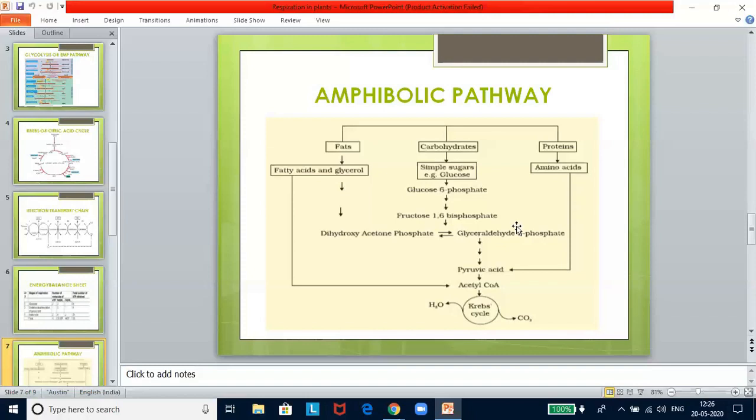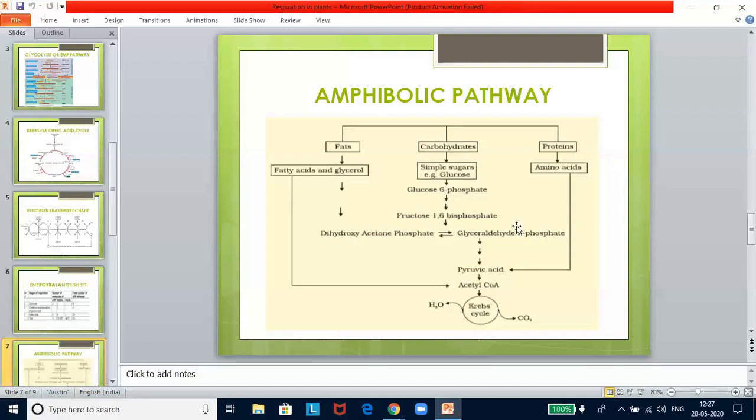What is now more important for us to recognize is that these very compounds would be withdrawn from the respiratory pathway for the synthesis of the said substrates. Hence, fatty acids would be broken down to acetyl coenzyme A before entering the respiratory pathway when used as a substrate. But when the organism needs to synthesize fatty acids, acetyl coenzyme A would be withdrawn from the respiratory pathway for it. Hence, the respiratory pathway comes into the picture both during breakdown and synthesis of fatty acids. Similarly, during breakdown and synthesis of proteins too, respiratory intermediates form the link.